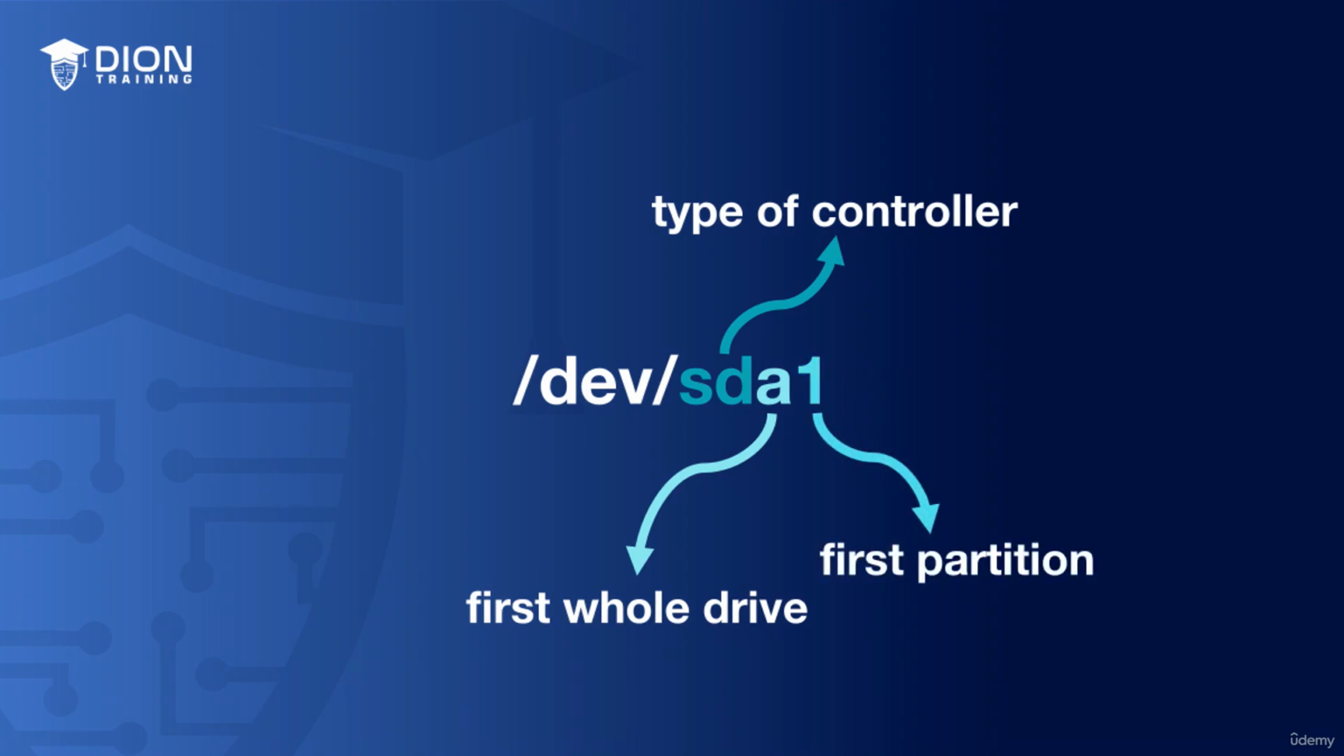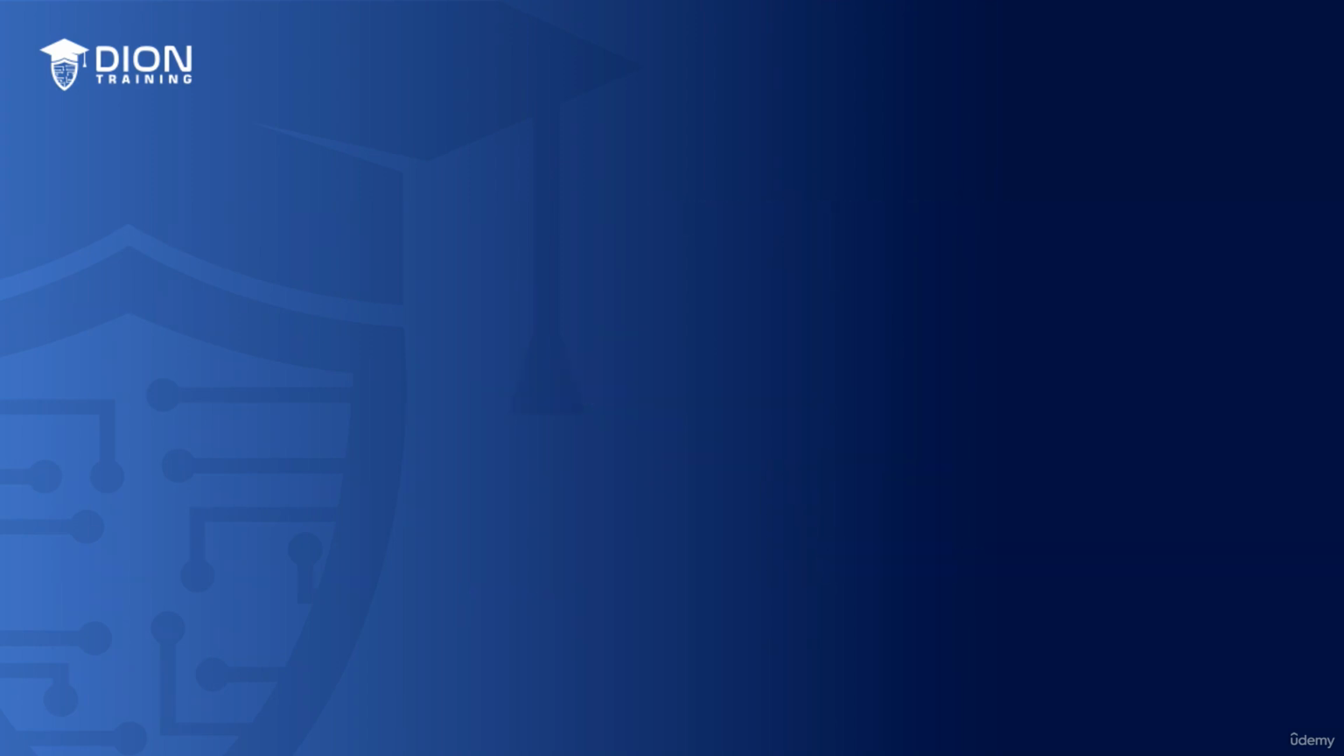If we had 2 partitions or 3 partitions, we would have a 2 or a 3 here. So, when I have something like /dev/sda1, we know we have the first storage device and the first partition on that storage device because it is SDA1. In addition to using this naming convention, Linux also has several different persistent naming schemes to help us identify